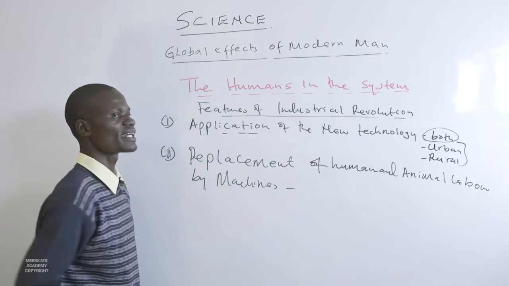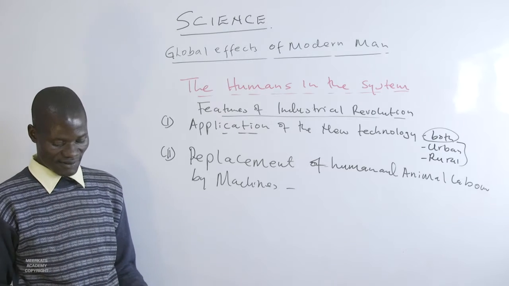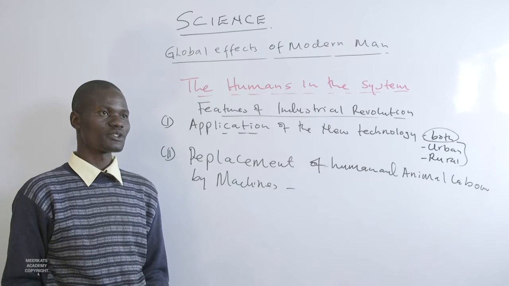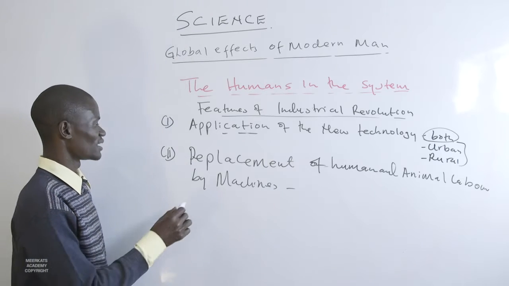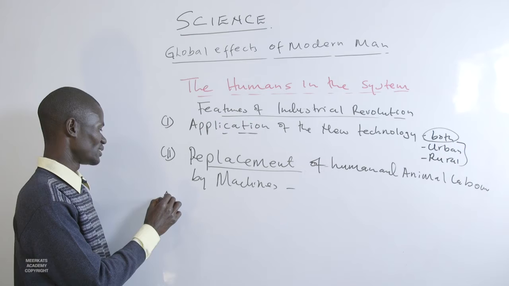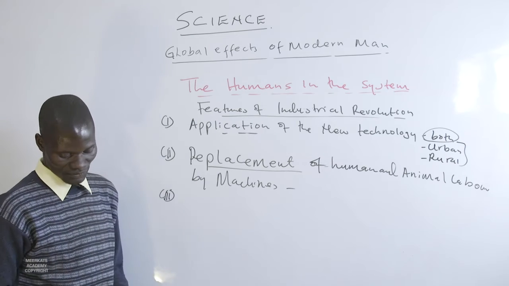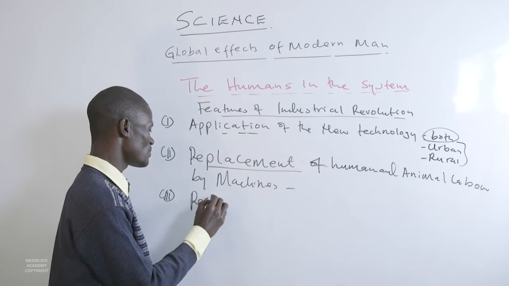These machines have become more powerful and fast, and therefore they have developed more efficient ways of working. That one has replaced human labor. It is one of its features, and it also led to the replacement of the